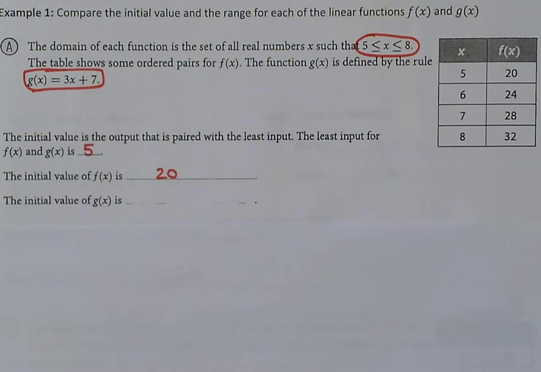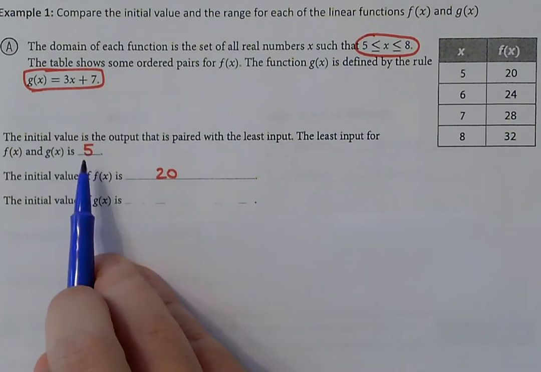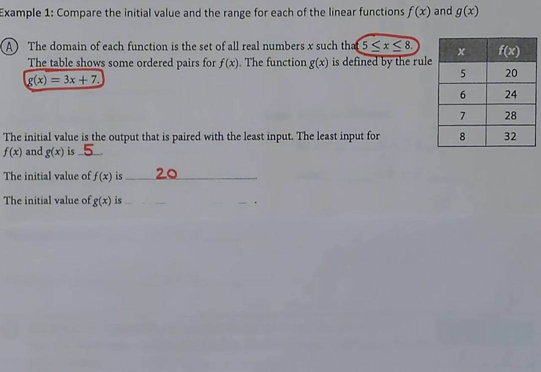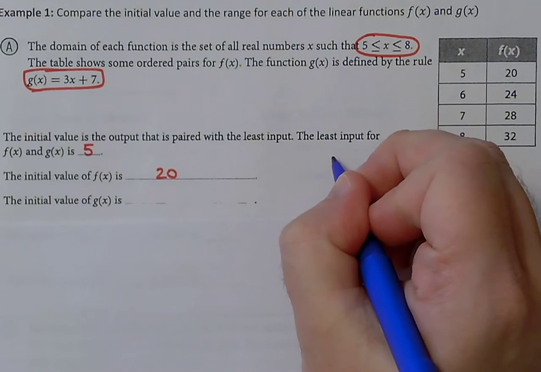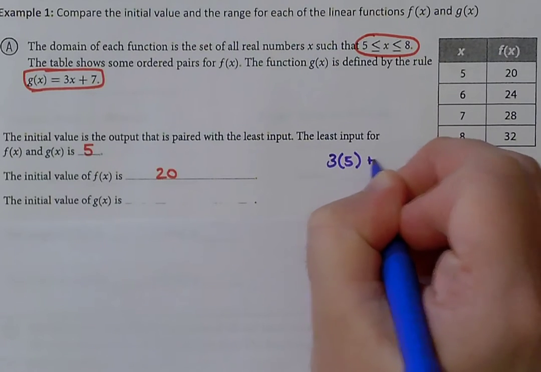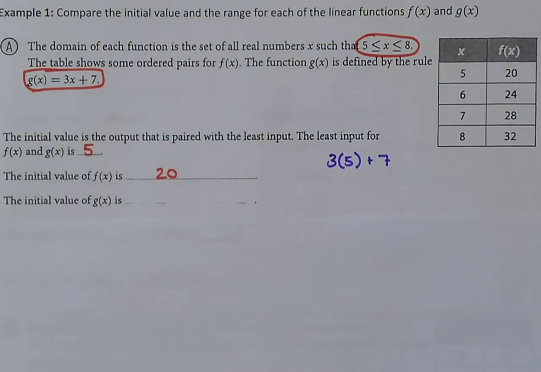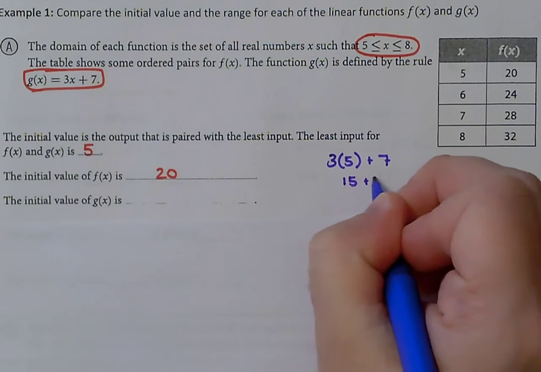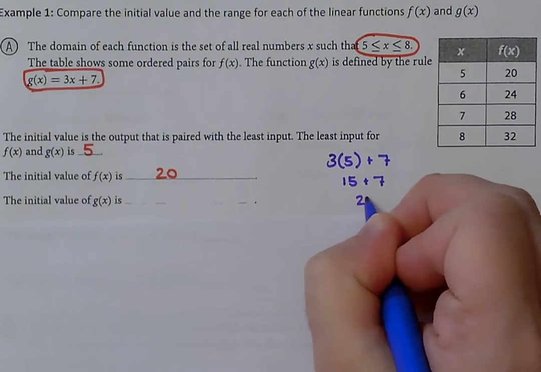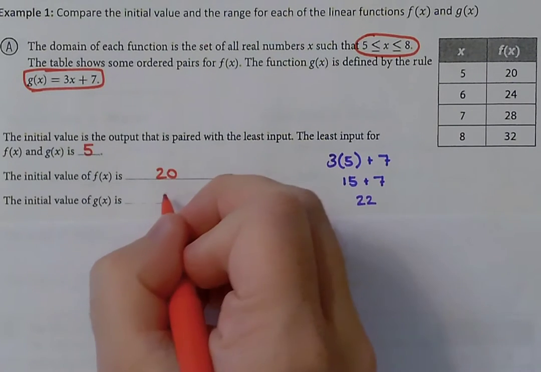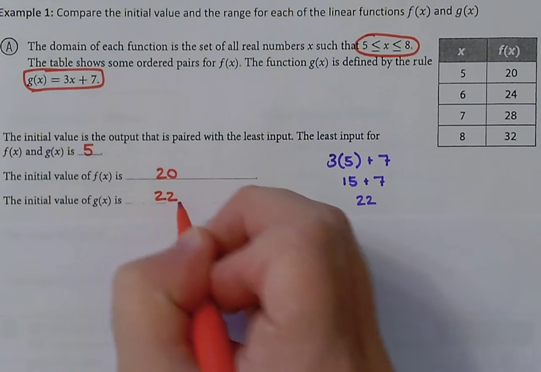Now, my initial value for g of x, what we're going to do is take this 5 and plug it into the equation. So we're going to take this 3x plus 7 and it becomes 3 times 5 plus 7. So 3 times 5 is 15. 15 plus 7 is 22. So that means my initial value is going to be